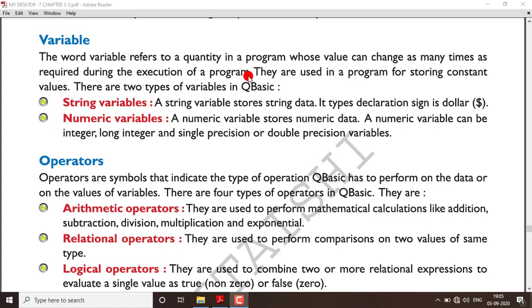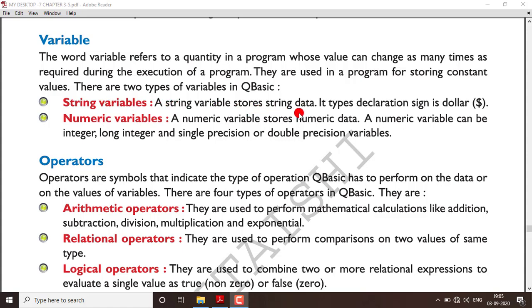Like in your maths you write a is equal to 10. Here a is the variable and 10 is the constant. You can change it any number of times. They are used in a program for storing constant values. These are of two types, string variables and numeric variables, same as that of constants.